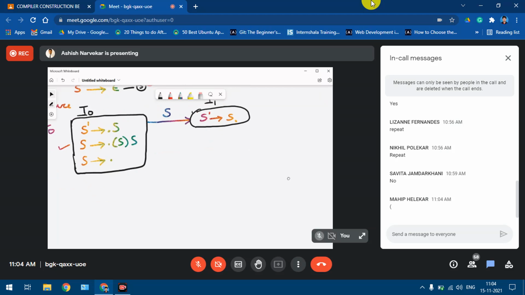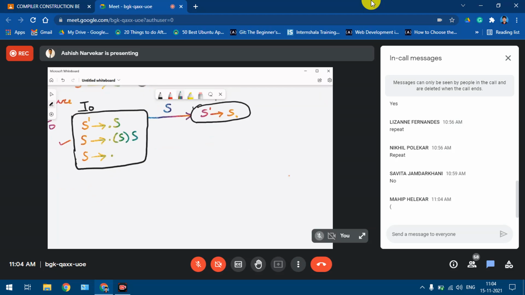Correct, open bracket. So I have considered the second item and we need to use the open bracket.